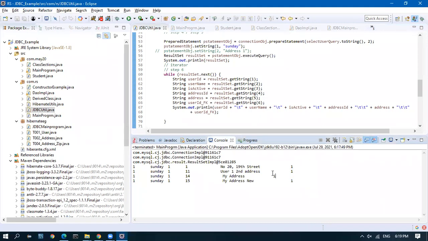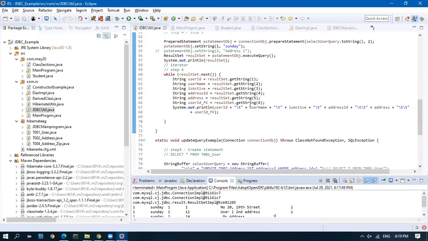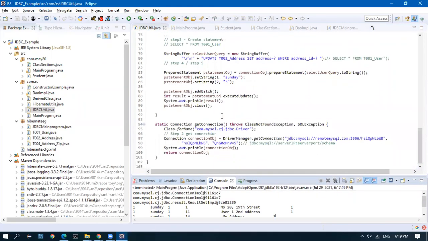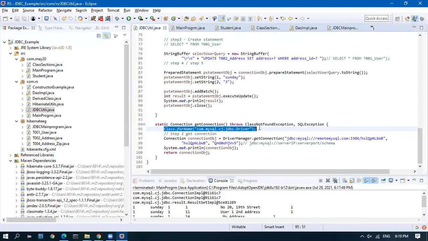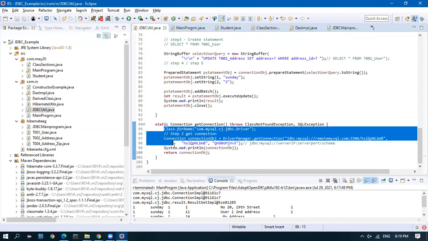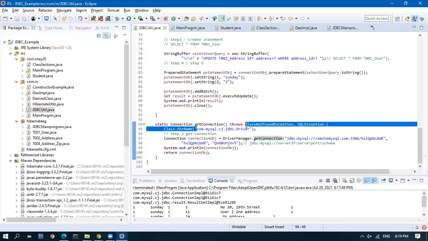Okay. So what you have to understand here, the first thing is how do we get a connection? The basics, even if you use Hibernate or not, the basic is Class.forName. You have to always remember using Class.forName, you load the driver. Then DriverManager.getConnection. That's all. These 2 lines you'll get on the internet. Just you should know, if it is MySQL, load the MySQL driver class. For Oracle, change this to the Oracle driver class.